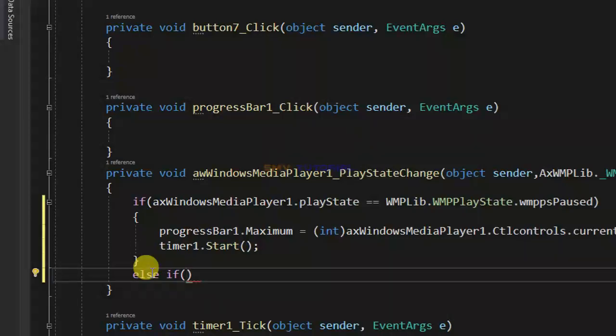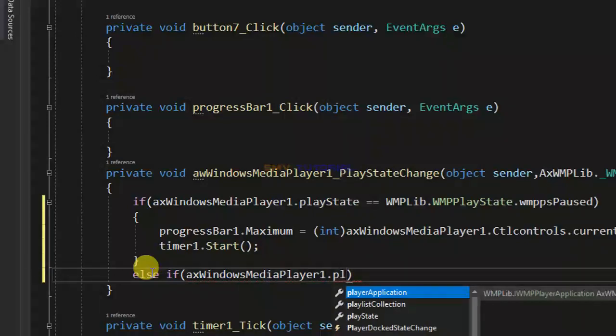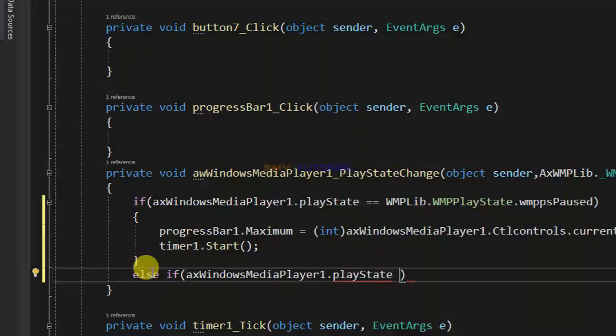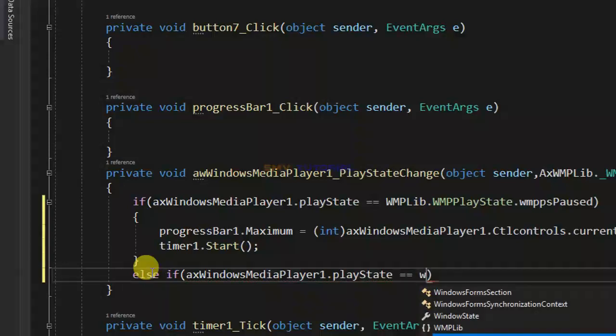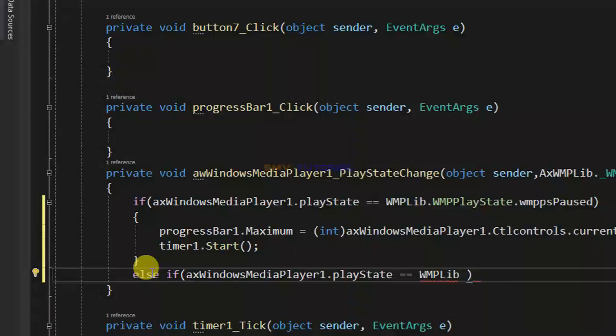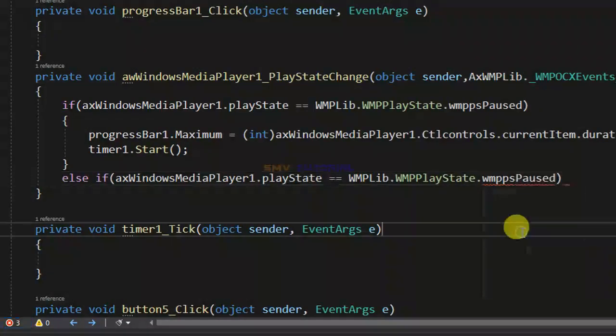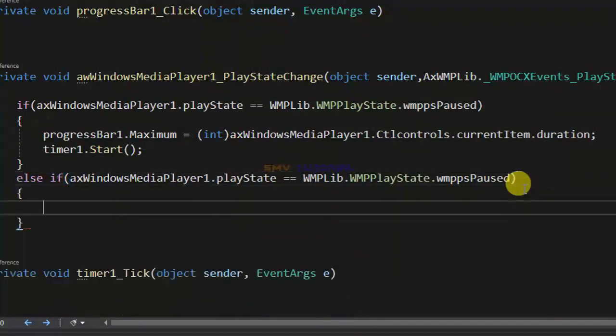It is a nested if condition, and AxWindowsMediaPlayer dot playState, and next equal WMPLib dot WMPPlayState and next dot WMPPSPaused, click paused, double click, and next open and close bracket,